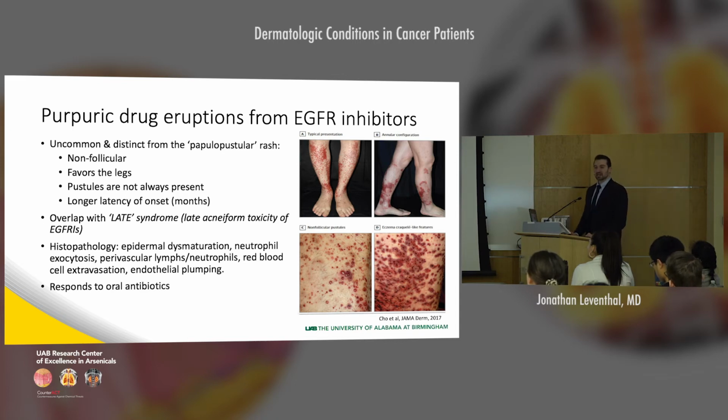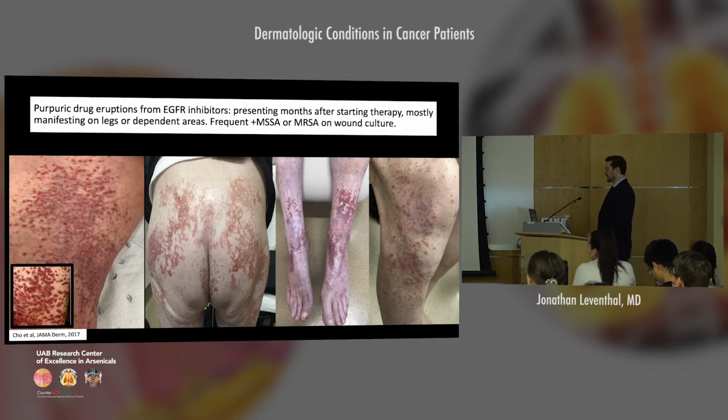Histopathology does not show vasculitis. It shows exocytosis of neutrophils and red blood cell extravasation with endothelial plumping. And most of these cases, fortunately, respond to antibiotics. And so here are examples of patients I've seen over the past few years that have developed purpuric drug eruptions